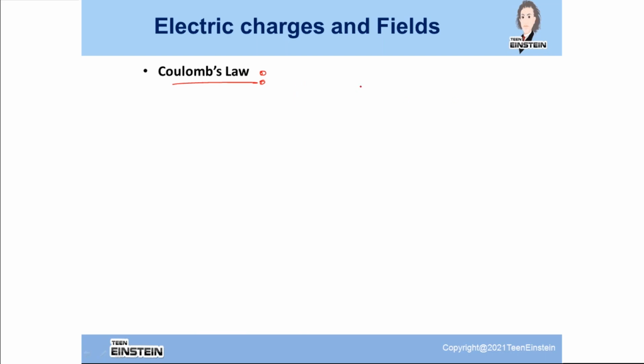Who invented it? Charles Augustin de Coulomb. He was a military engineer in his early career, and after his retirement, he started scientific research. So he invented